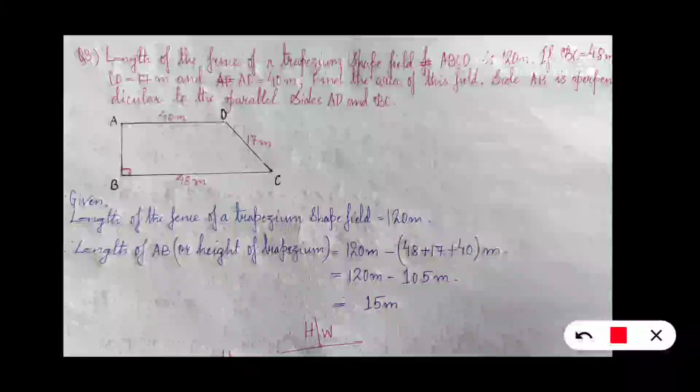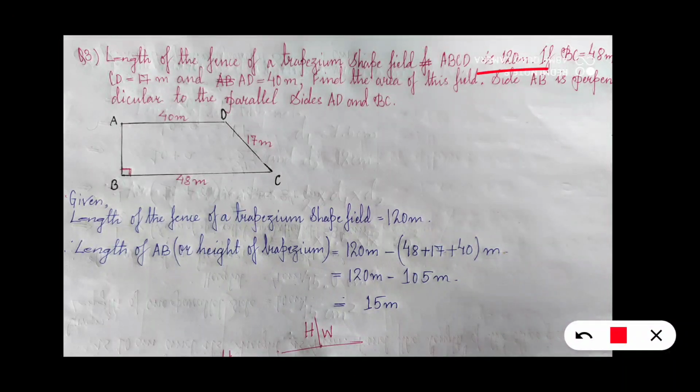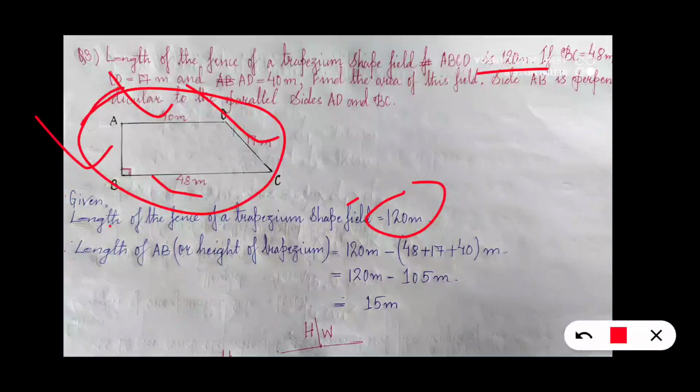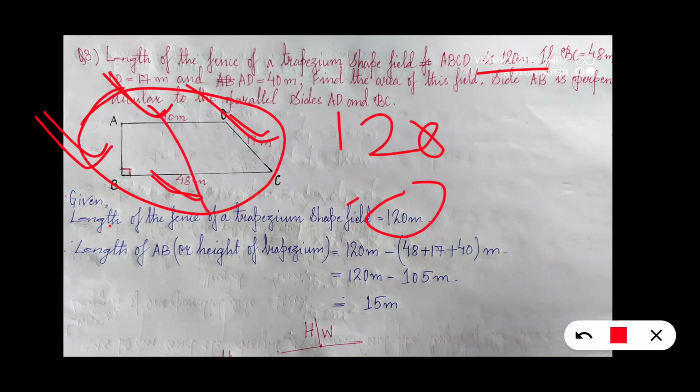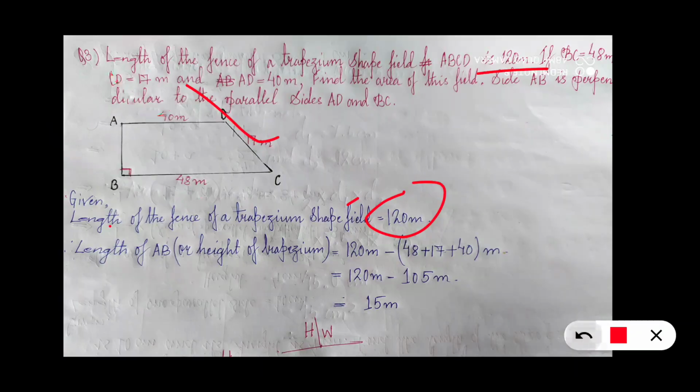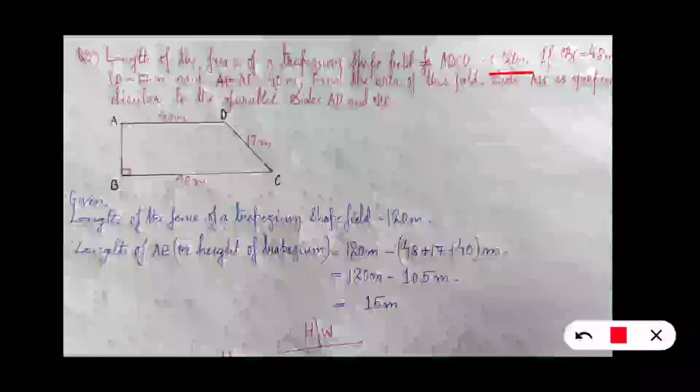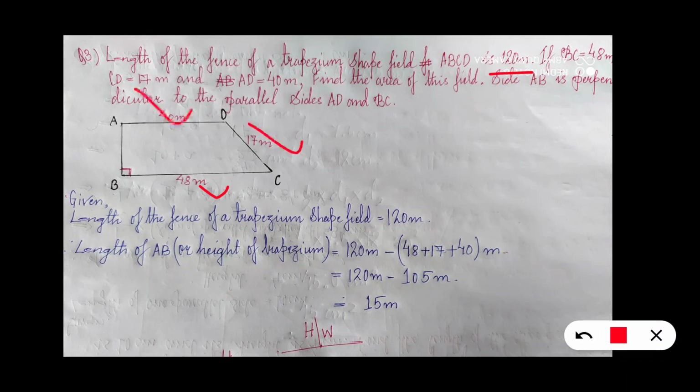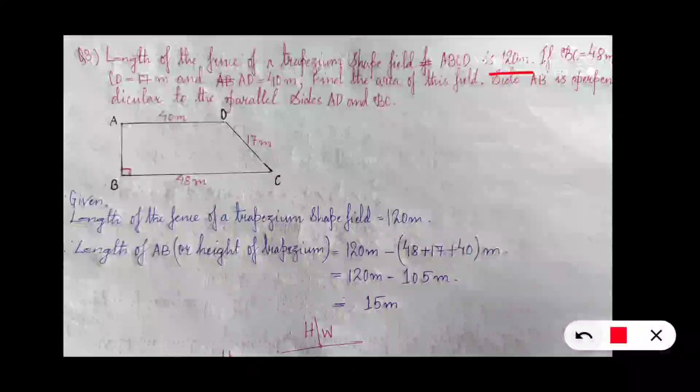So first of all, my work is what we have here in the question. The length of the fence of a trapezium is 120. Total length is 120, isn't it? Now from this sum of the 4 sides, if you subtract these 3, you'll get the length of this. I am again telling you. 120 means sum of 4 sides. 1, 2, 3, 4. Adding all the 4 sides, you get 120. Now if you subtract these 3, you will get this fourth one, isn't it? So that's why you have to find this one first.